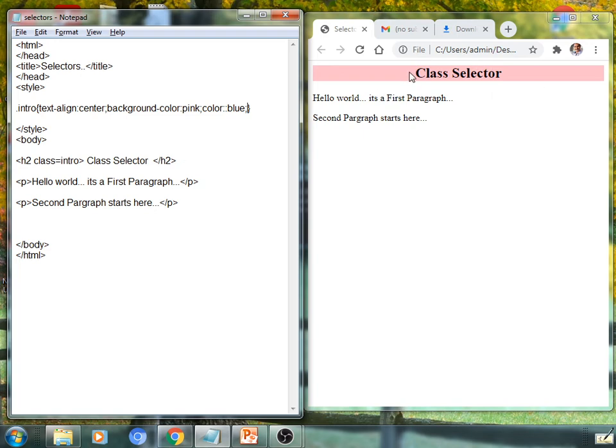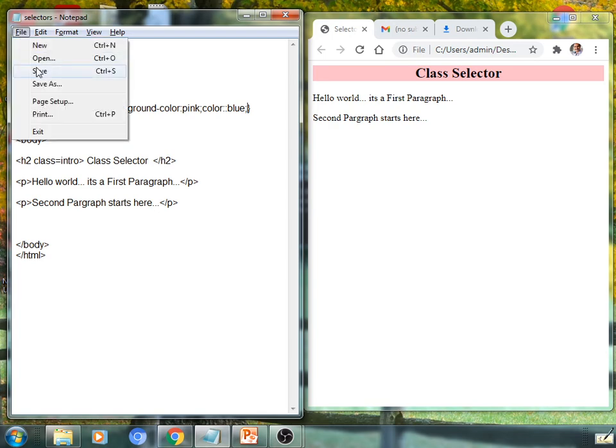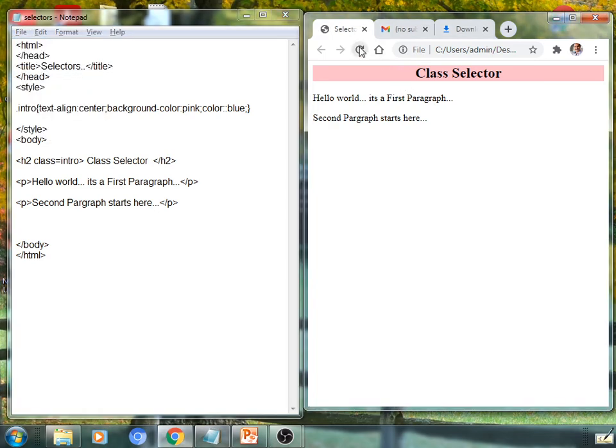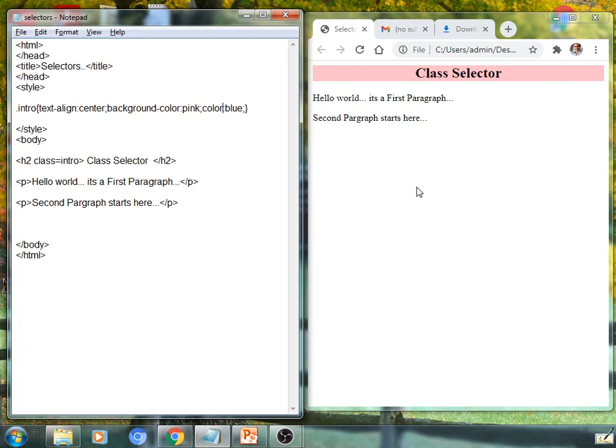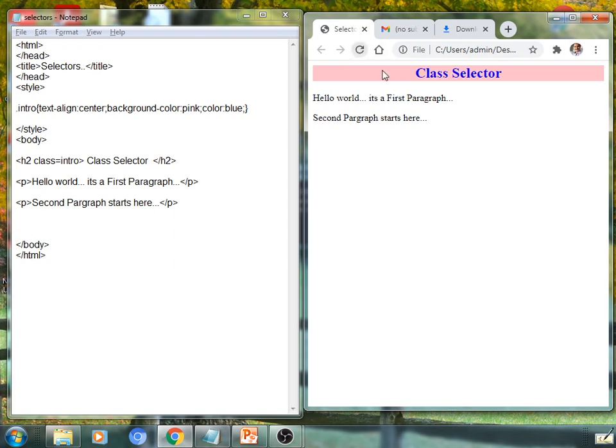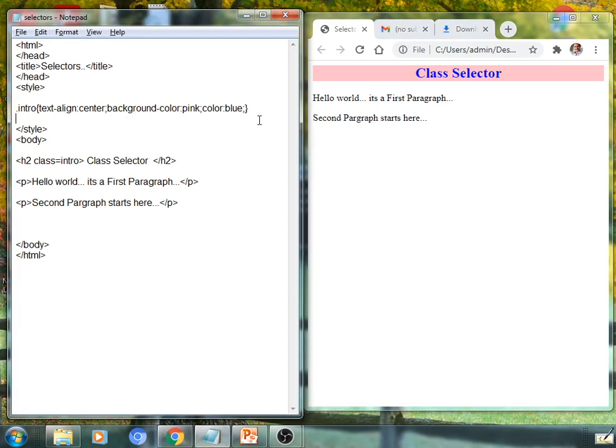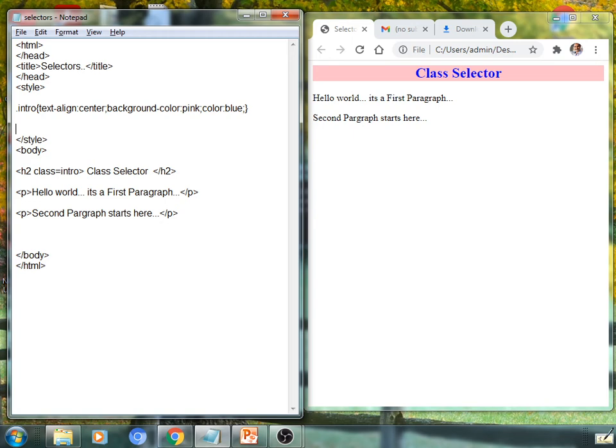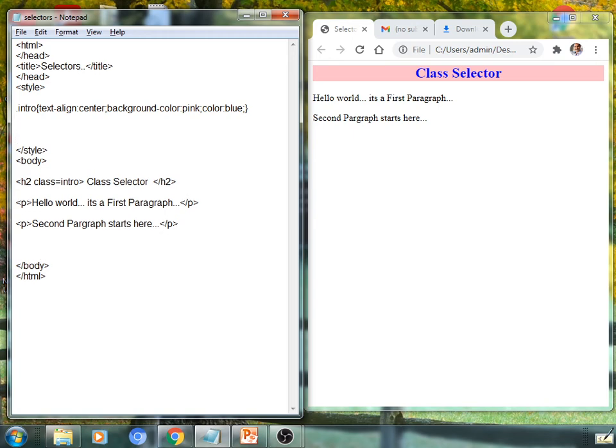So this black color will be replaced by blue. See here, color blue. Likewise, you can apply multiple effects just using a class selector with multiple elements also.